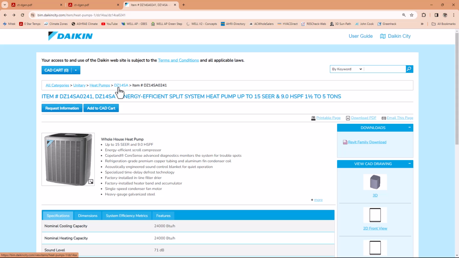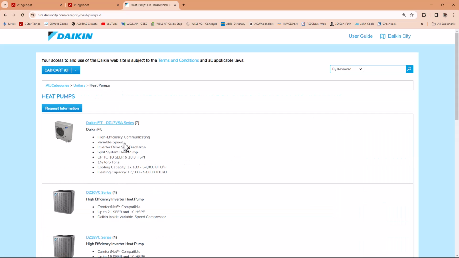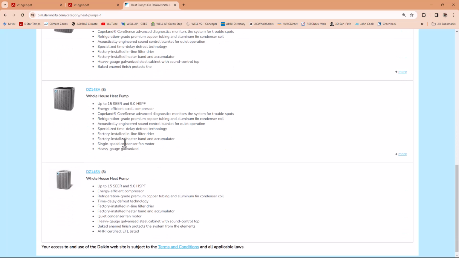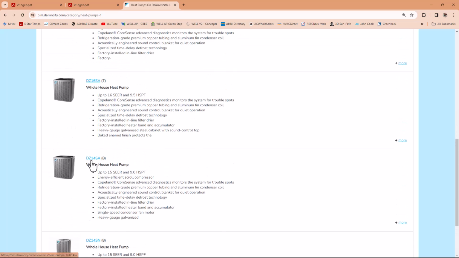Okay, go back. Our options, right? Heat pumps. So our options were all of these, right? We have all of these. So we were checking on this, for example,